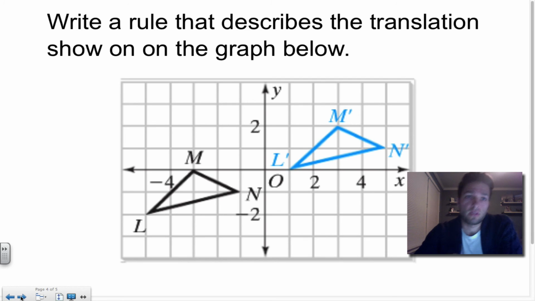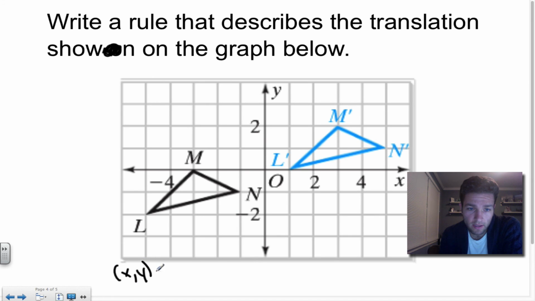Yep. Okay, write a rule that describes the translation shown on the graph below. Grammar police. All right, shown on the graph below. Again, look at your original, look at your image. If you want to try this without seeing me do it, pause the video, write out a rule that you think it is, and then unpause the video and see if you're right. So if you unpause the video to see if you're correct, I would say the rule should be